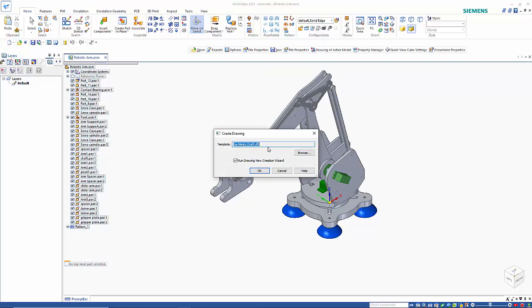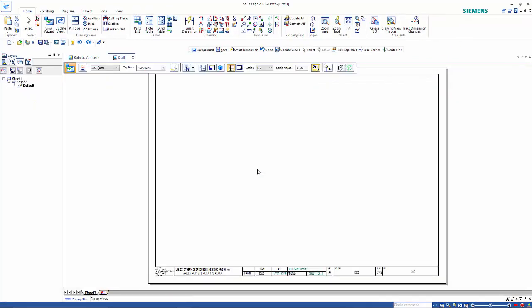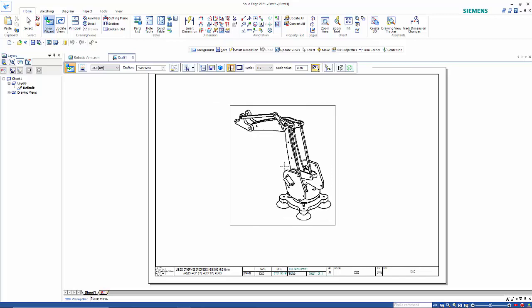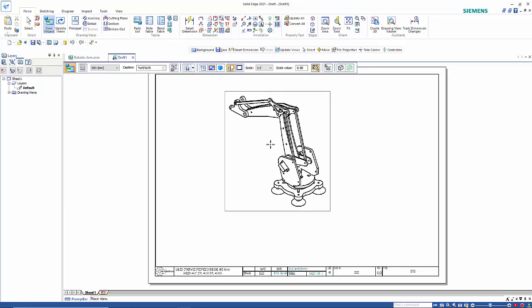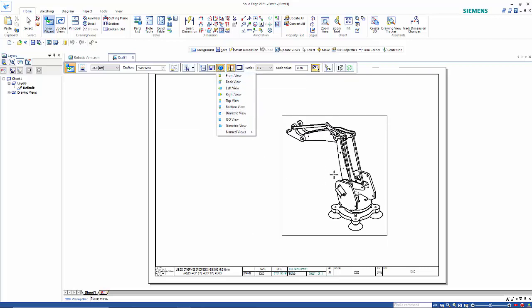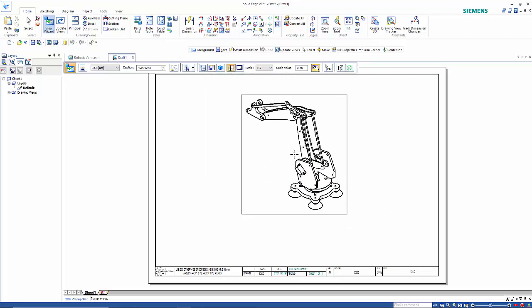You can specify which template you want to use or browse to go to other ones, and it's generally easier if you run the drawing view wizard when it starts. So as we open up, it opens the template and automatically assigns a view for you. If you want to change what that view is, you can go here and choose a view from the drop down, or if you wanted to have the ISO view from a different direction, we can go into the drawing view layout,